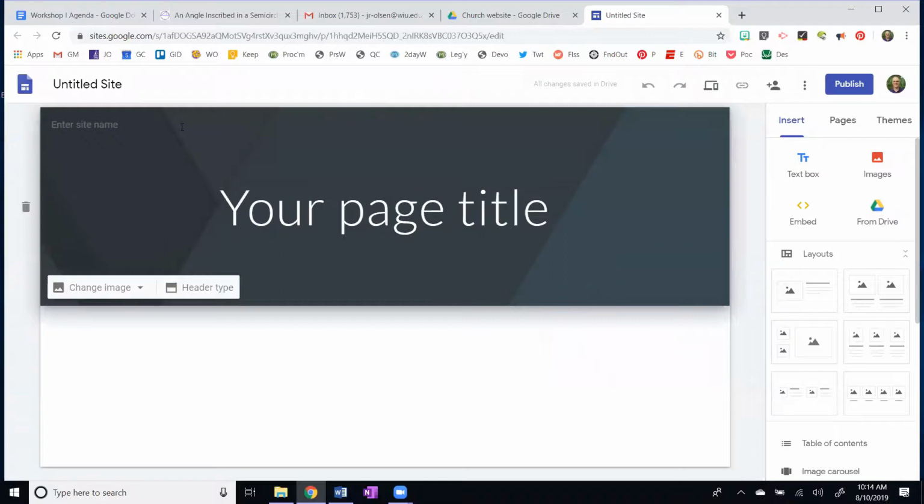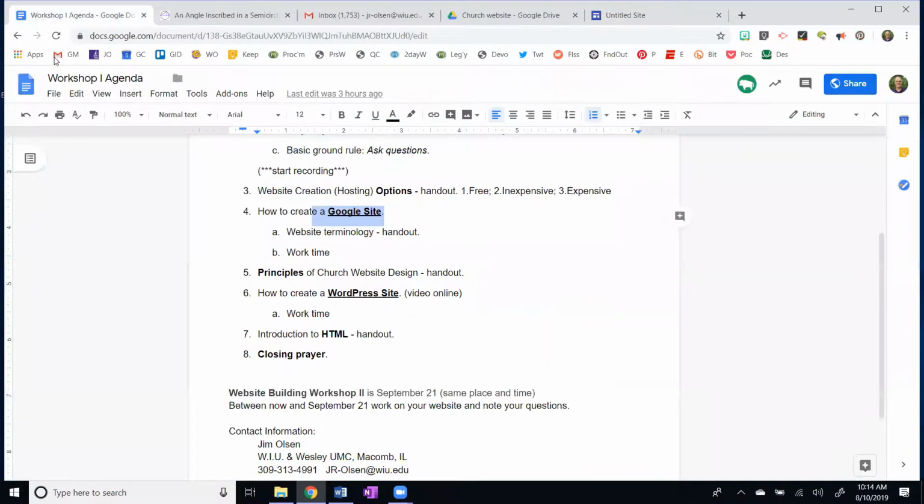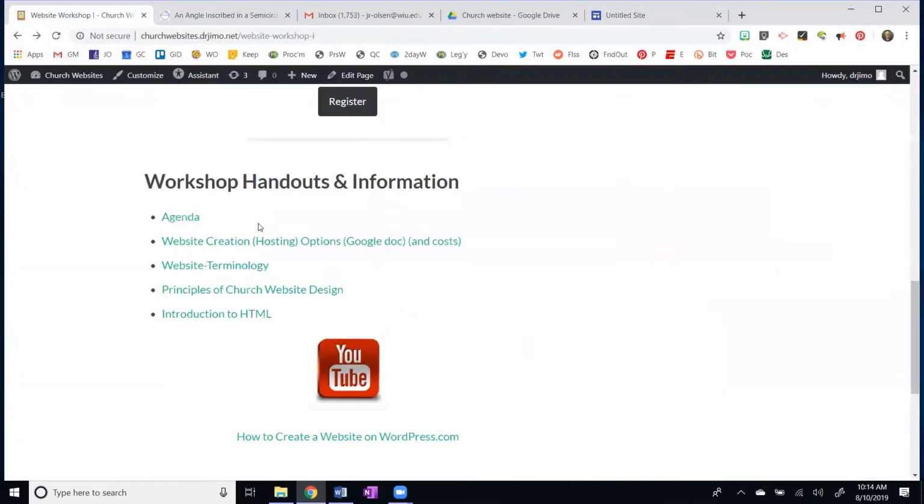I'm going to go ahead and give you the next handout. Our next handout is the website terminology handout. And this is a Word document, so if you're on the website, you can download it, but I'm going to pass it out now.